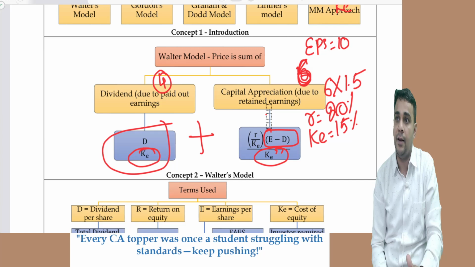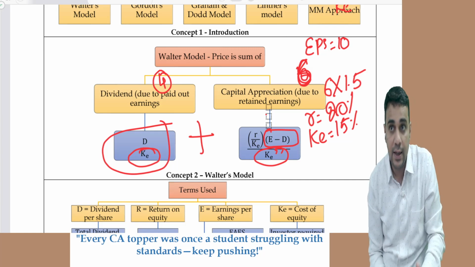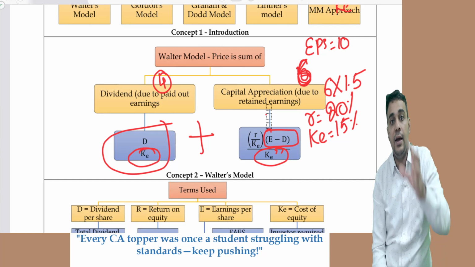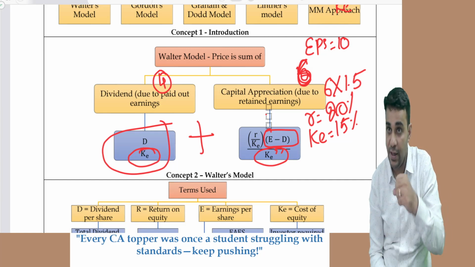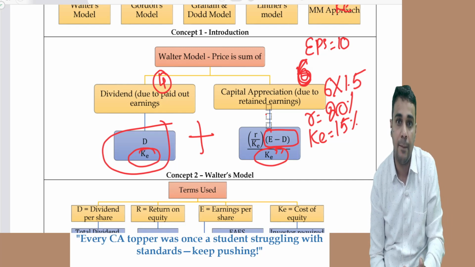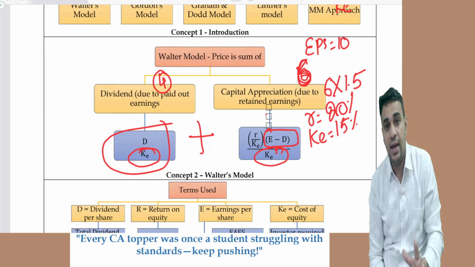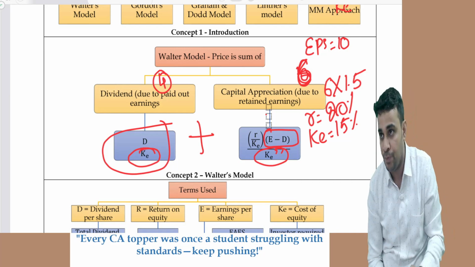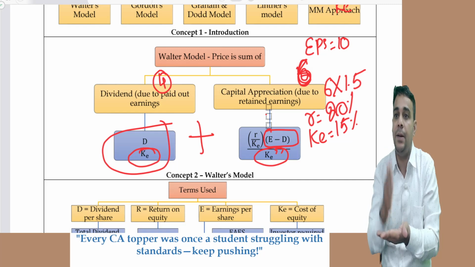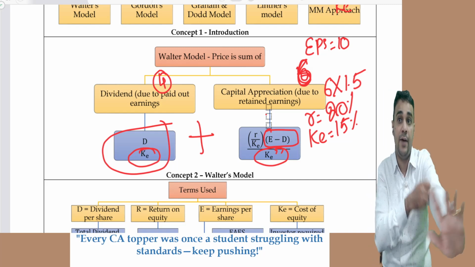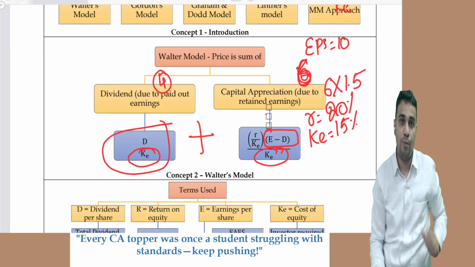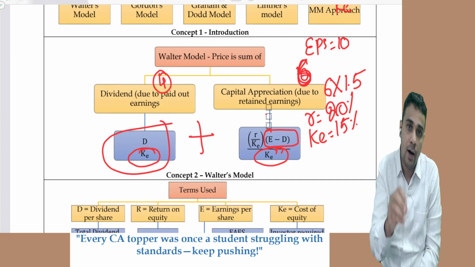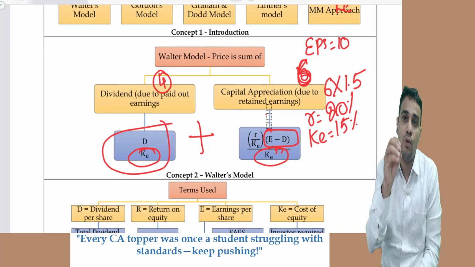I'll give a multiplier effect. What is the multiplier effect? It depends on the relationship between R and KE. If R is greater than KE, it means I am a very good performing company. A well performing company will have R greater than KE. It is a sign of a growing company, or a company which is able to exceed the expectation. When you exceed expectation, you get a premium valuation. This we learned when I did bond valuation, when I was explaining cost of debt and issue price of a bond: meet expectation, exceed expectation, does not meet expectation. So if R is greater than KE, the multiplier is more than 1.